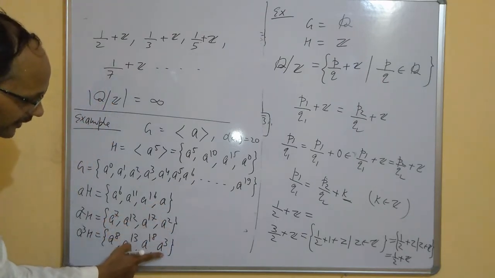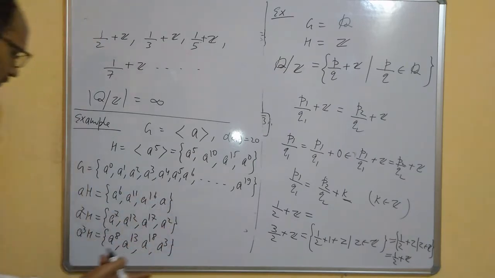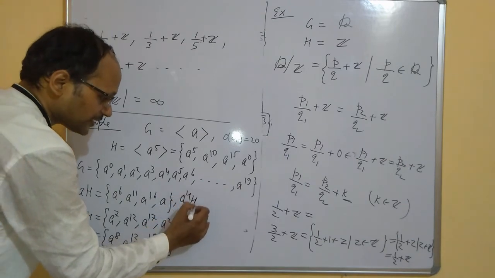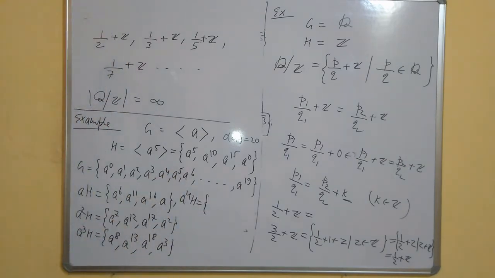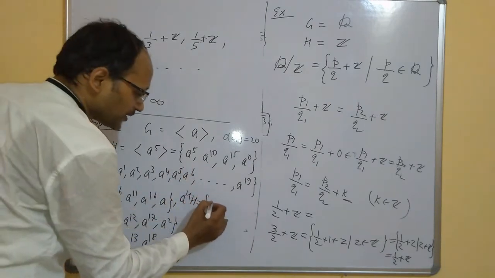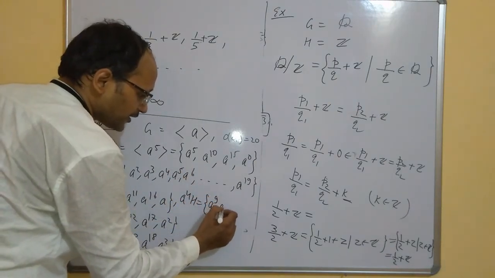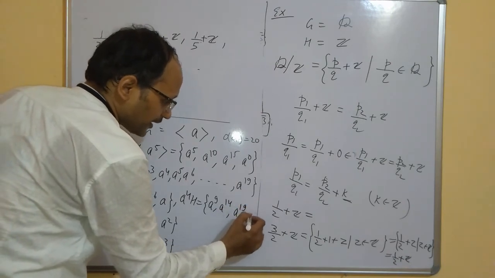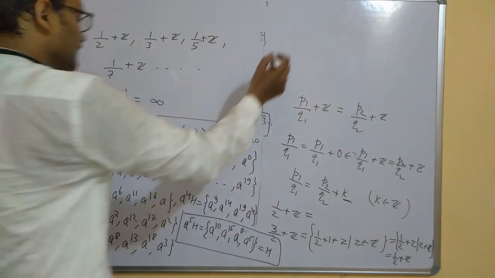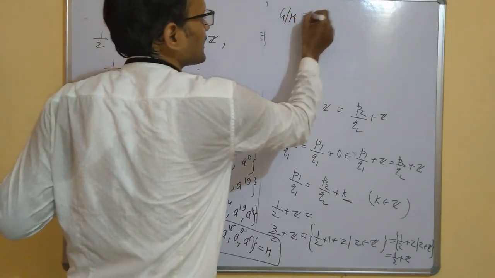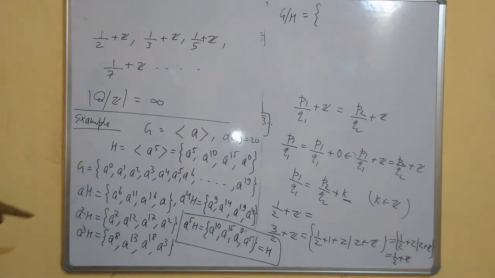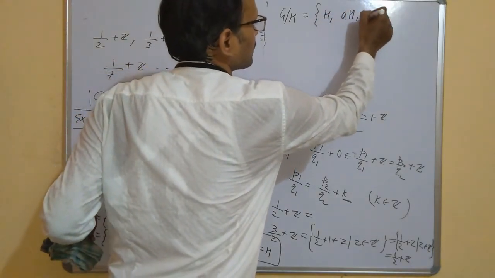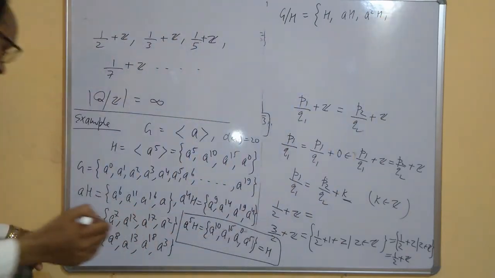Again a is here, a squared, a cubed is here, a to the power 4 is not present. So let me multiply it by a to the power 4 H. You will get another coset. So it will become a to the power 9, a to the power 14, a to the power 19, and a to the power 4. G is abelian, so you need not take left coset or right coset, both are equal. So you have one coset H, another coset aH, another coset a squared H, and another coset a cubed H,